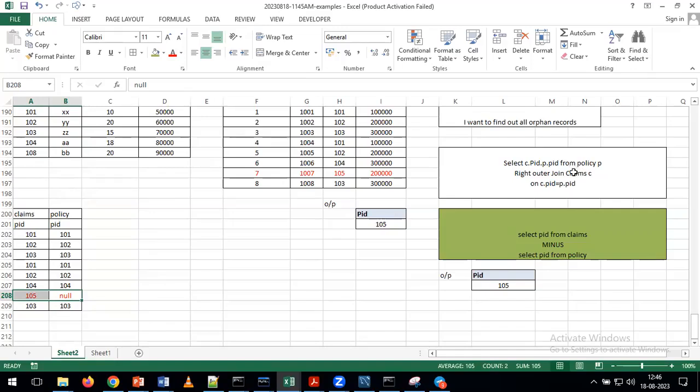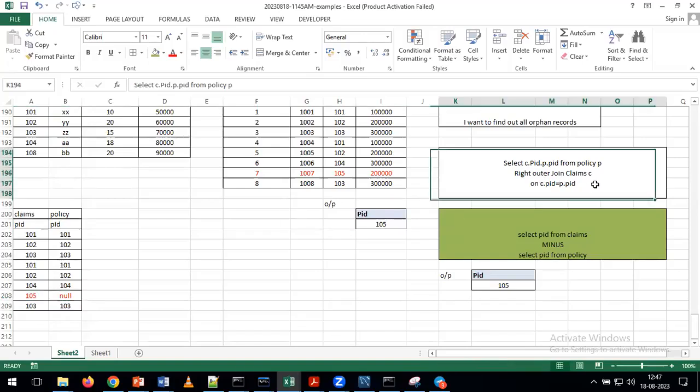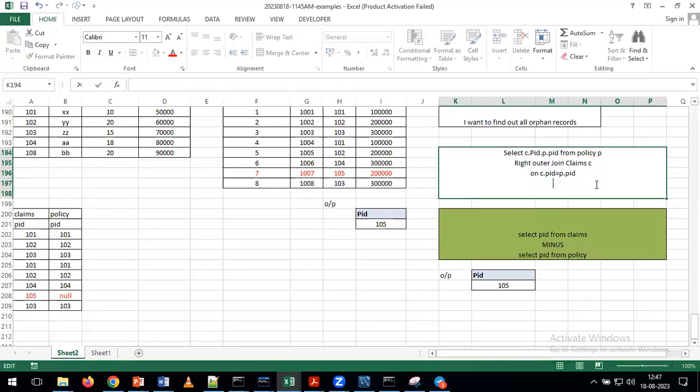Now you tell me what modification we need to perform on this query to get only this record. Up to here, if I run this query, it will give all the records. But my requirement is I want to get only the unmatched record. For that reason, in this query, what modification do we need to perform? A where condition? Okay. Where